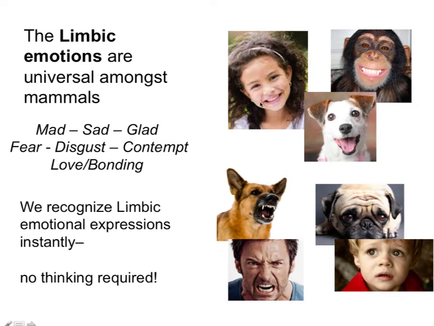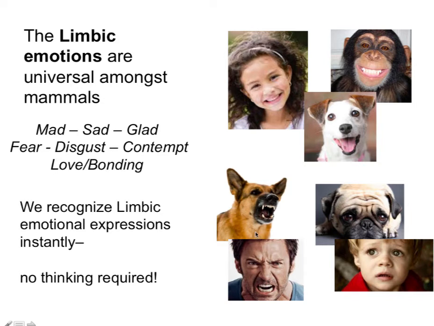You can see the happy facial expression of positive feelings in the human and the chimp and the dog. The lifting up of the corners of the mouth is something that we do have in common. And now, yes, of course, dogs do that also when they pant, but they also do it when they're happy. And you can see here the similar crunching of the nose, furrowing of the brow that happens,